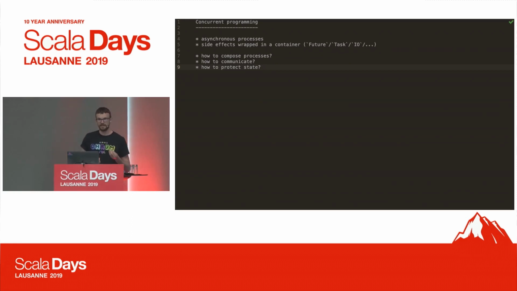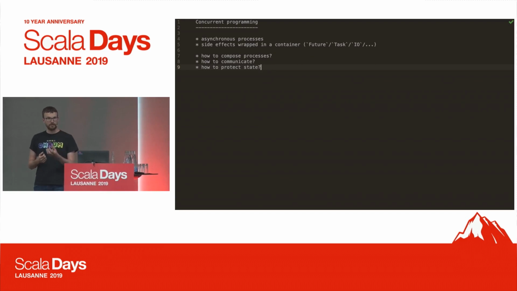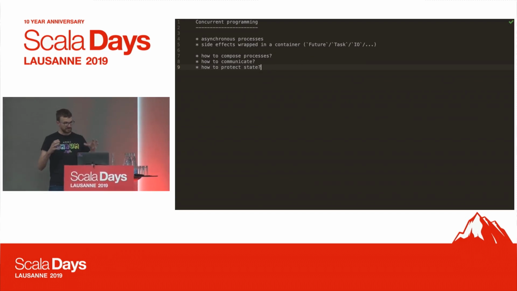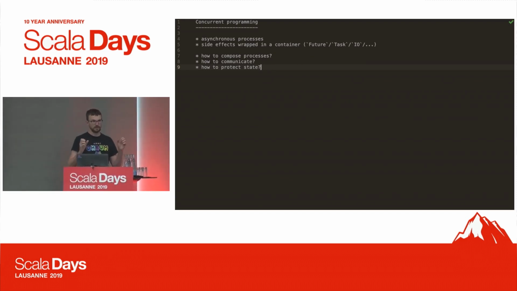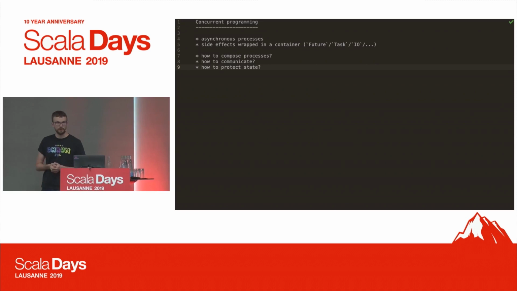We cannot access, and more importantly mutate, the same state from multiple threads. So this state needs to be somehow protected, right? So that there's always only a single writer to our protected state. So in Scala, all of the libraries that we will look at